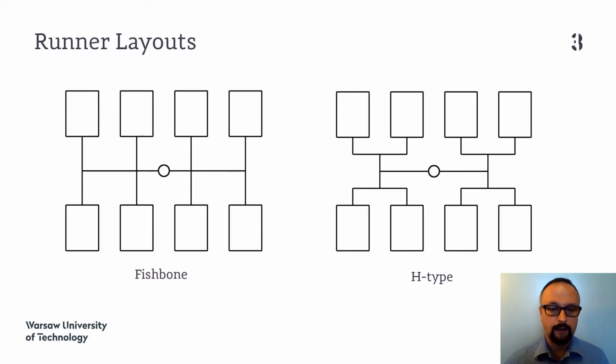Okay, so probably all of us know that we have at least two different runner layouts in our injection molds. The oldest one, I think, is the older one. Perhaps not the oldest, but the older one, compared to the H type, is the so-called fishbone layout. And what is typical about this fishbone layout is that the flow path